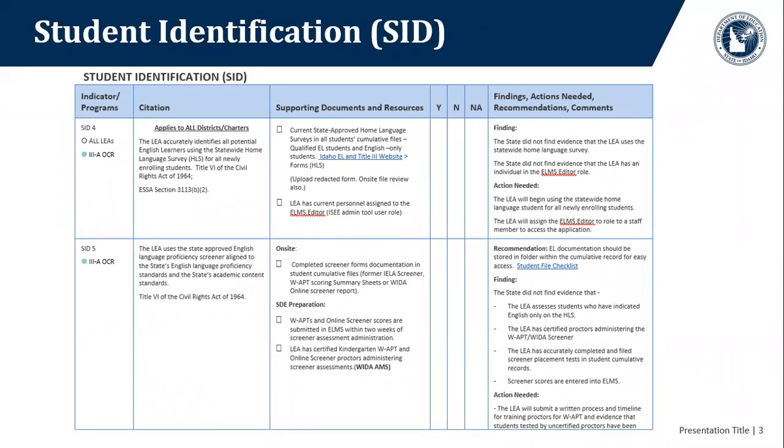So the first section that you'll see the Title III programming come up is the student identification, or SID. This information is looking at how you are identifying students and if you're keeping records correctly for that. SID 4 applies to all districts and charter schools, regardless of if you have 1 EL student, 0 to 2,500 EL students. All LEAs accurately identify all potential English learners using the statewide home language survey for all newly enrolled